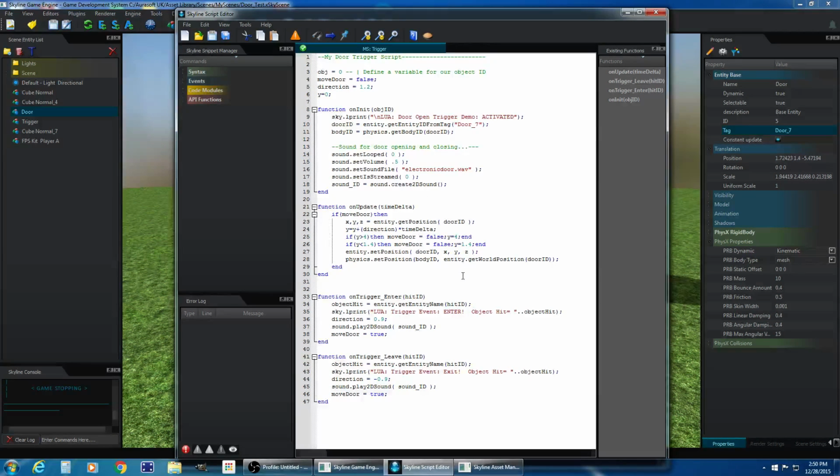And then right here we're actually going to create the sound. The sound's not playing yet. Now then, down here we're going to skip the update just for a second. But down here on trigger enter,